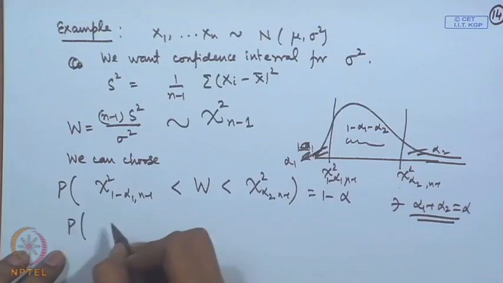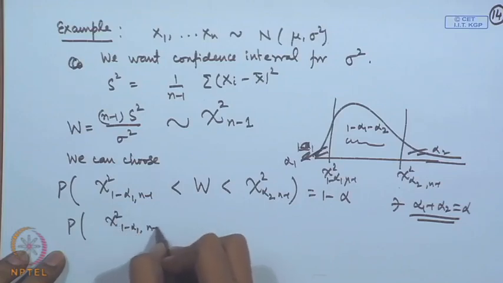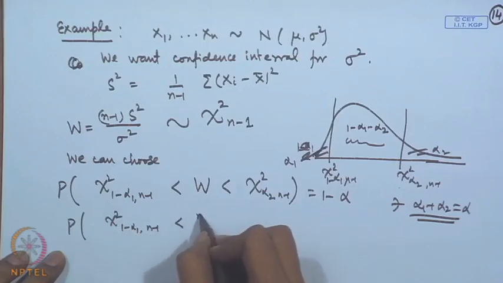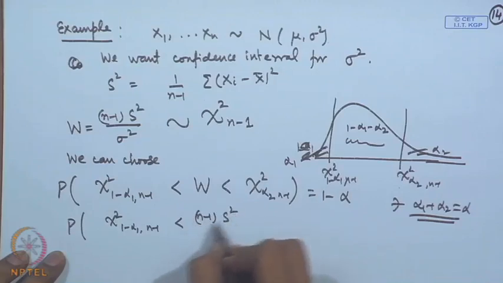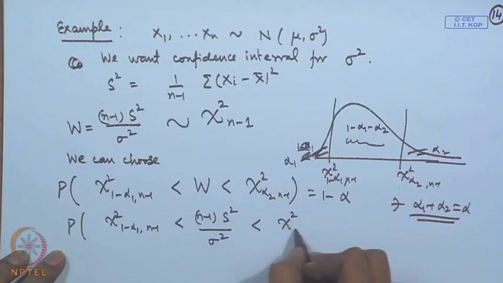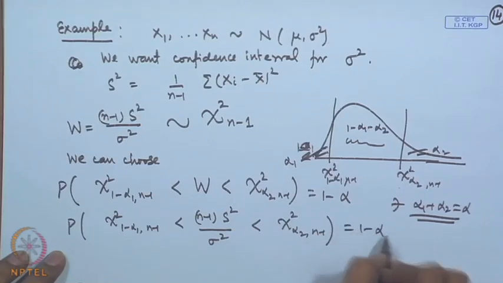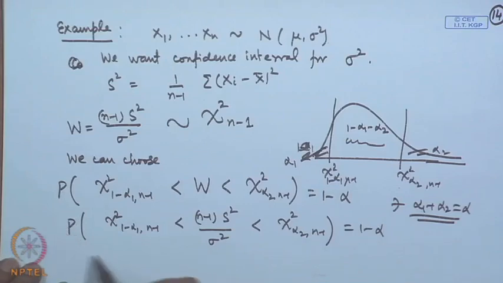This will give me chi square 1 minus alpha 1, n minus 1, less than (n minus 1) S square by sigma square less than chi square alpha 2, n minus 1, equal to 1 minus alpha, which statement we can write as